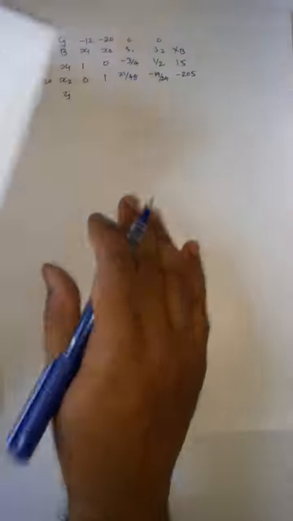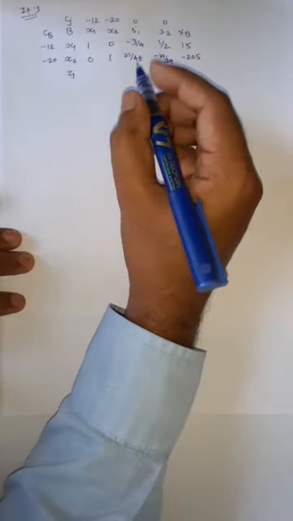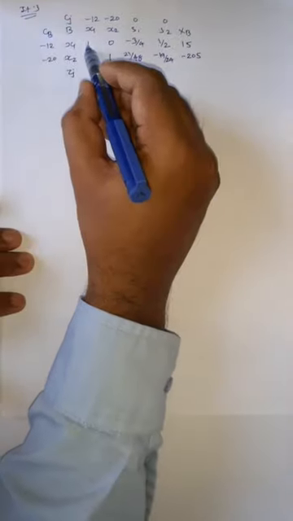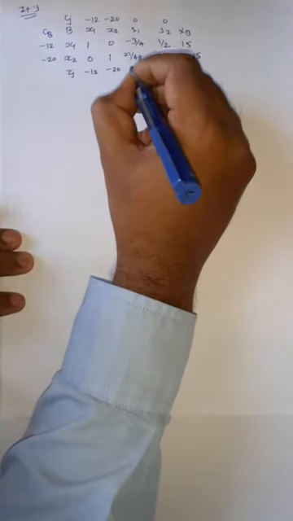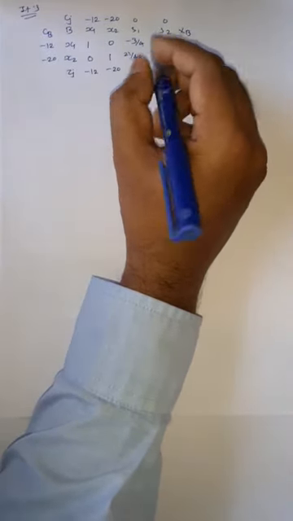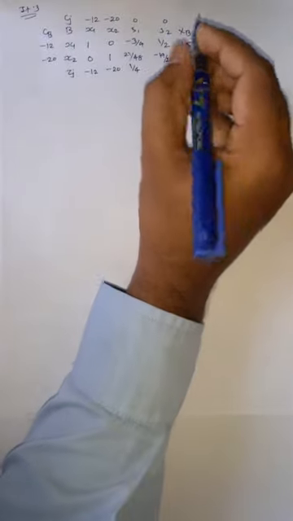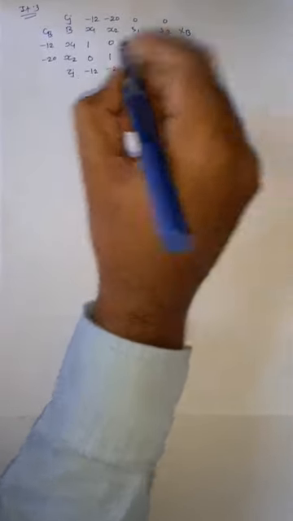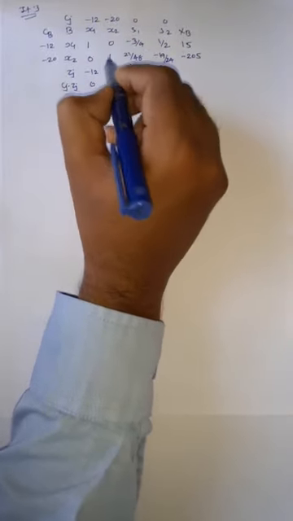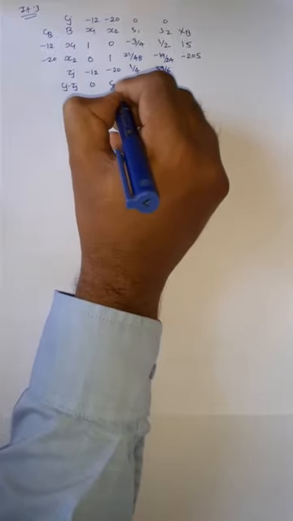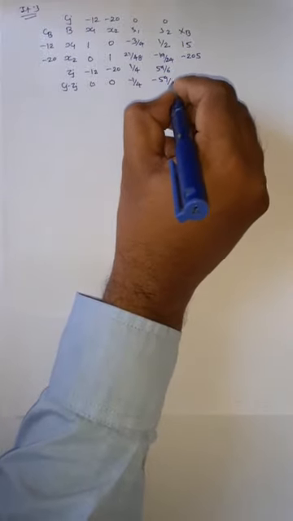Now calculate Zj first. We do not need this equation now, so we will calculate the Zj value. Here it is minus 12, 0 and 1, and here minus 20, and here we get the value of 1 by 4 after solving a simple algebraic equation, and here we get 59 by 6. Now taking Cj minus Zj: Cj is minus 12 here, 0; minus 20 minus minus 20 will be 0 here; minus 1 by 4; and here minus 59 by 6.